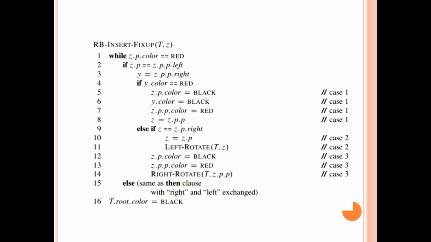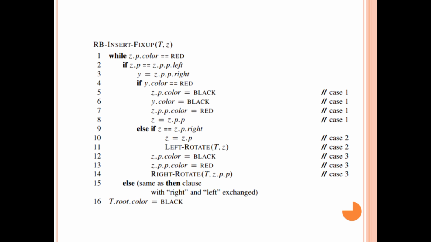If the parent of the new node z is the left child, we take its sibling, the uncle y, and check its color. If it is red as well, then we go to the case where z's parent is the right child. Next we check the color of y and its sibling. If the color is red and the sibling is red, then we do recoloring and recheck. These are steps 5 and 6.